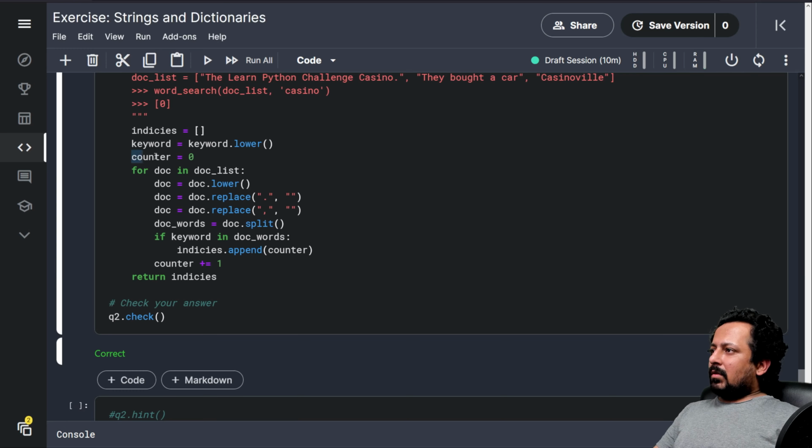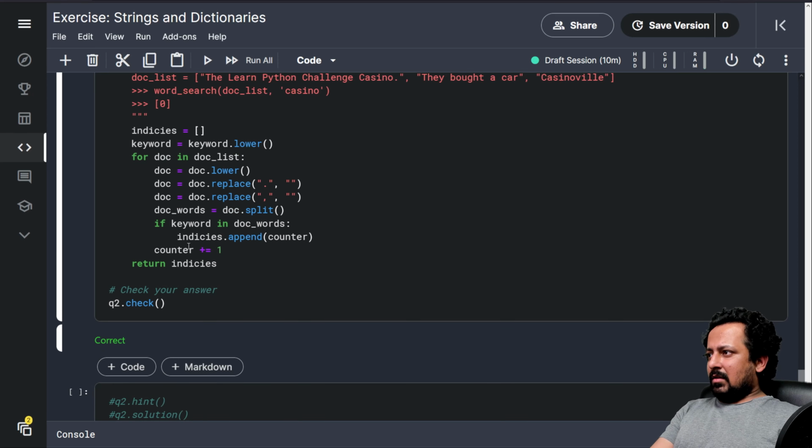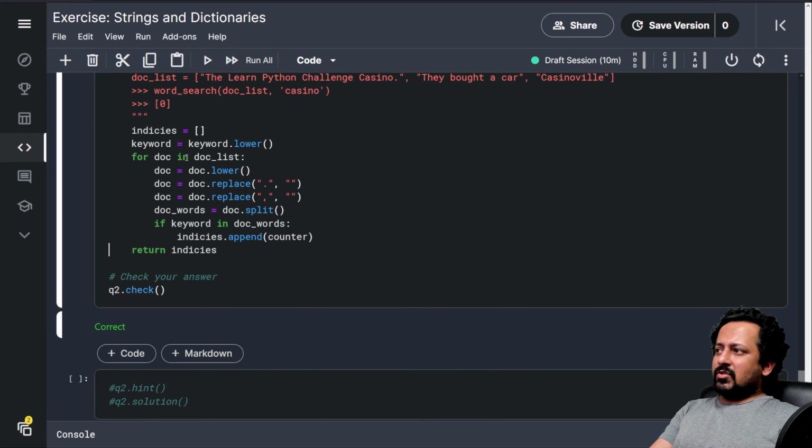So one thing you notice here is I have some kind of counter variable that's counting how many samples we have already seen. So instead of that, what I can do is I just remove counter, and here I use enumerate. Now if you use enumerate, it's going to give you index.